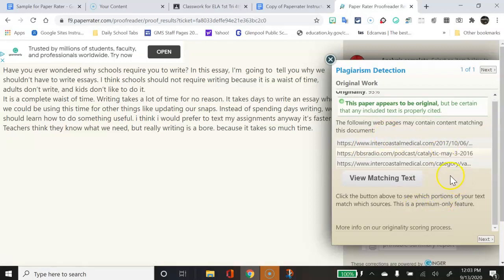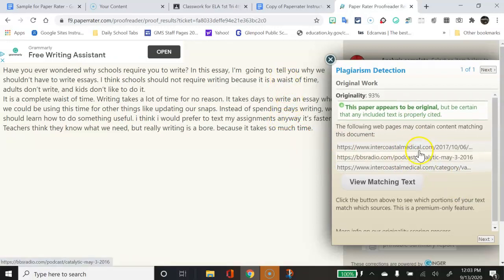So make sure that you are using your own writing and not somebody else's that you've pulled off the internet, because this is going to catch it. It's pretty good at that. Now,